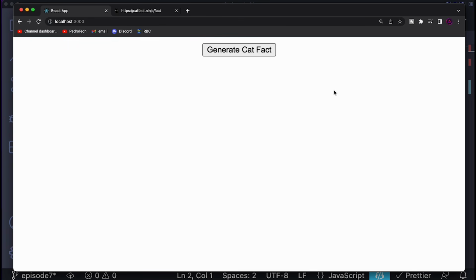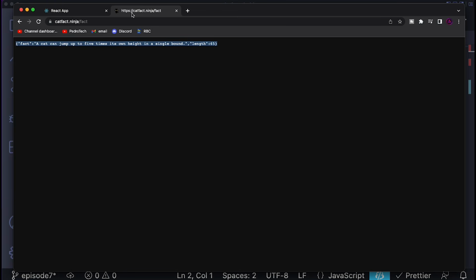So for those who don't know, an API is just some sort of code that was written and that you're using in your project, but it isn't part of your specific project or the specific part of your project you're working in. So an API can mean a lot of different things. In this case, this over here is a website called catfact.ninja/fact, and they created some sort of API that generates this, and every time we refresh,